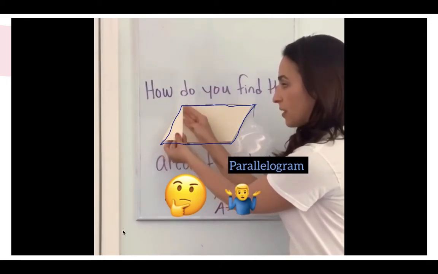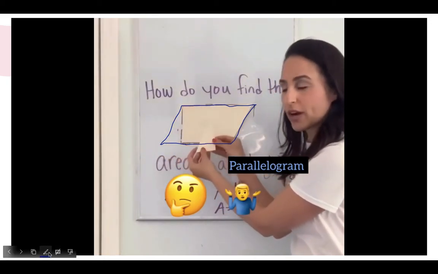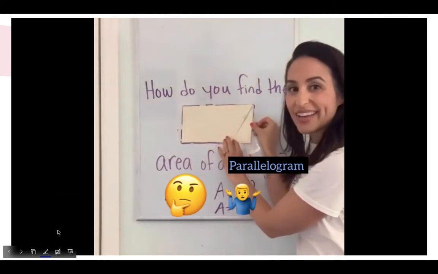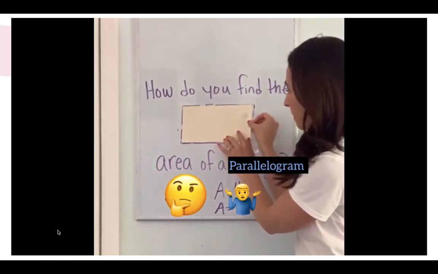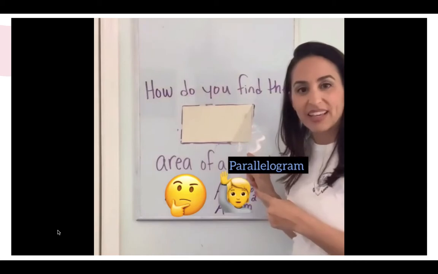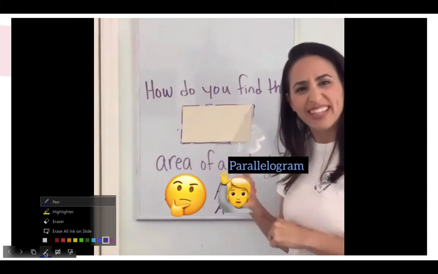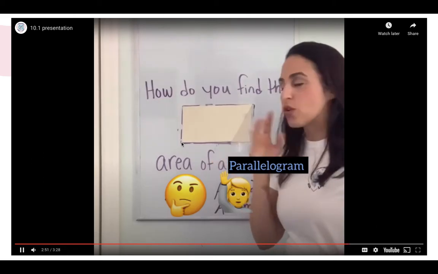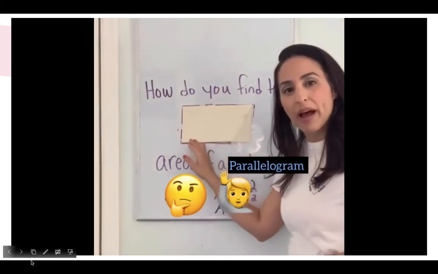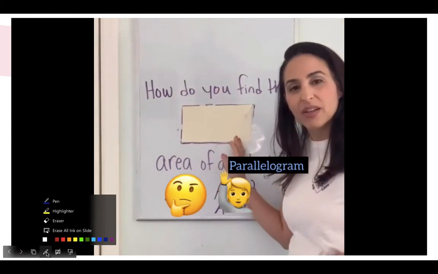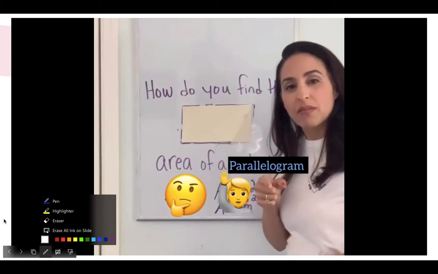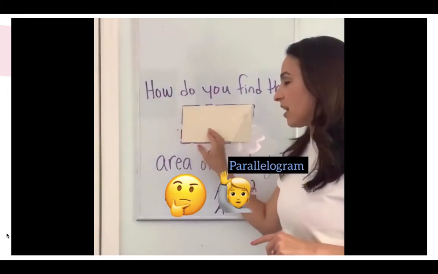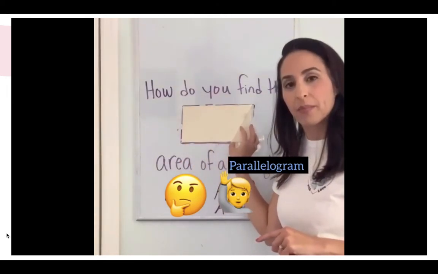If I get a triangle and I cut it off the end of the parallelogram and I move that triangle right over to the end of the parallelogram, what shape is this? Is that a rectangle? Oh, so do I still have the same amount of area here? Yes, I do. So what formula would you use to find the area of your parallelogram if you already know